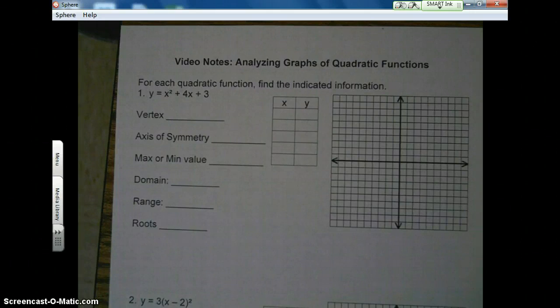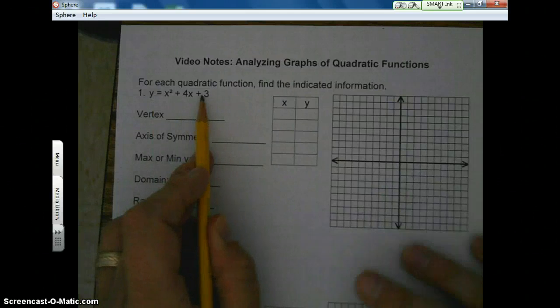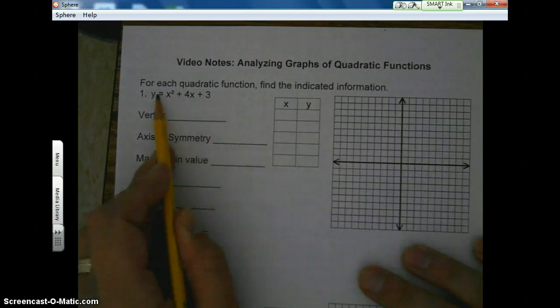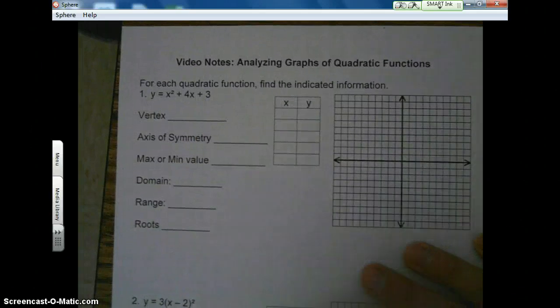Let's take a look at this. Analyzing graphs of quadratic functions. It says for each quadratic function, find the indicated information. So here we go. We have standard form. Remember, standard form has no parentheses. Okay? Well, as I look through this information,